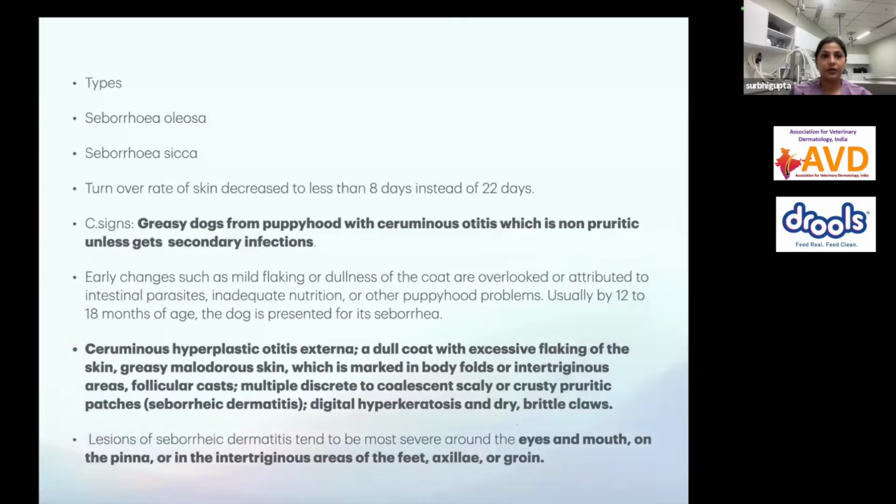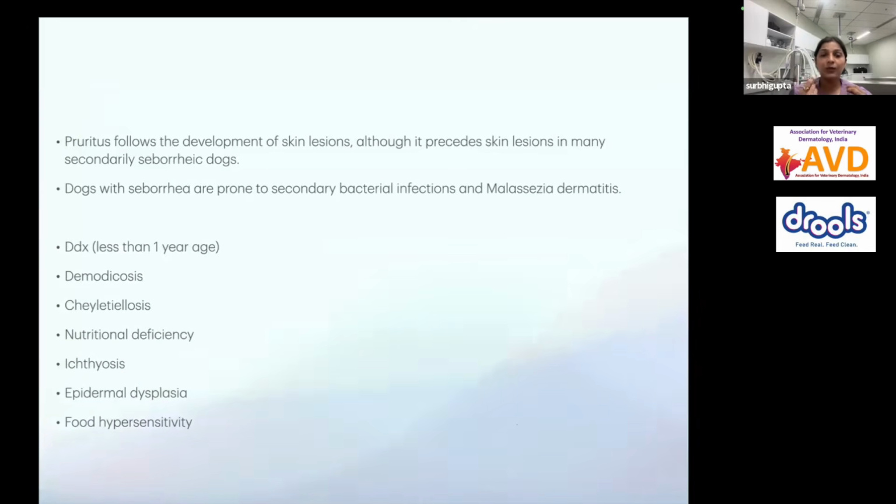One of the key differentials of this disease from allergic dermatitis is that in these cases the scales come first, followed by pruritus. But in allergic diseases, pruritus comes first, followed by secondary scales because of the infections and everything. And so if a puppy less than 1 year old has a problem of shedding